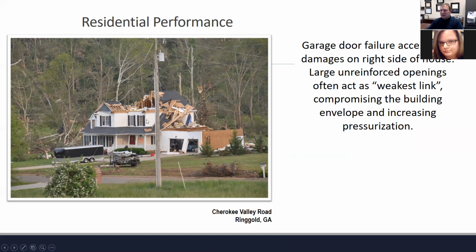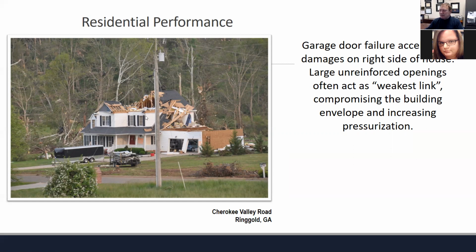And what's going to happen is the largest openings in this house are the garage doors. And whether you've got the garage doors open or closed, that's also going to be a fairly quick weak point of failure. And as the wind penetrates these door areas, anything above this garage, and obviously this was a bonus room here, really just disintegrated. And so it pressurized the house. And again, this bonus room, as they call it, above the garage, became a very dangerous place for anyone to have taken refuge.